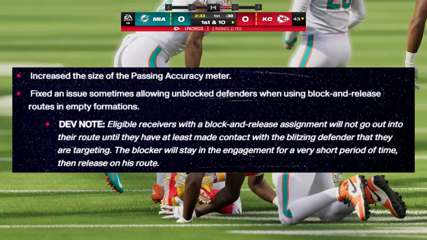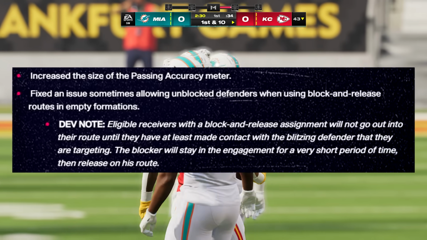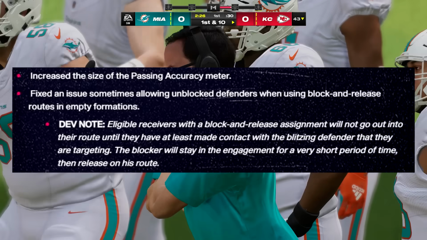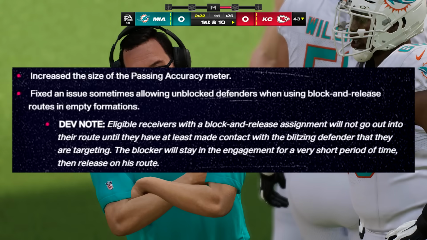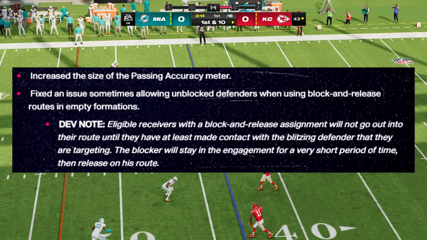They fixed an issue sometimes allowing unblocked defenders when using block and release routes in empty formations. It says here, eligible receivers with a block and release assignment will not go into their route until they have at least made contact with the blitzing defender that they are targeting. The blocker will stay in the engagement for a very short period of time, then release on his route, which